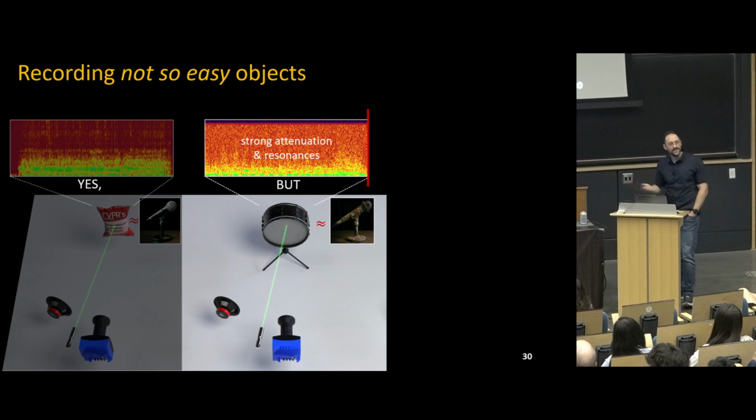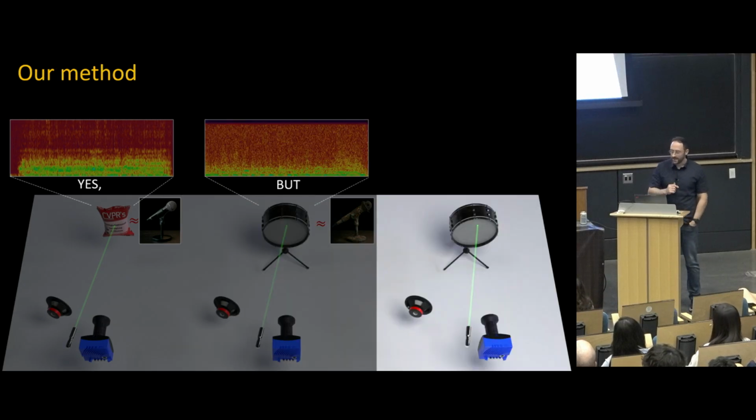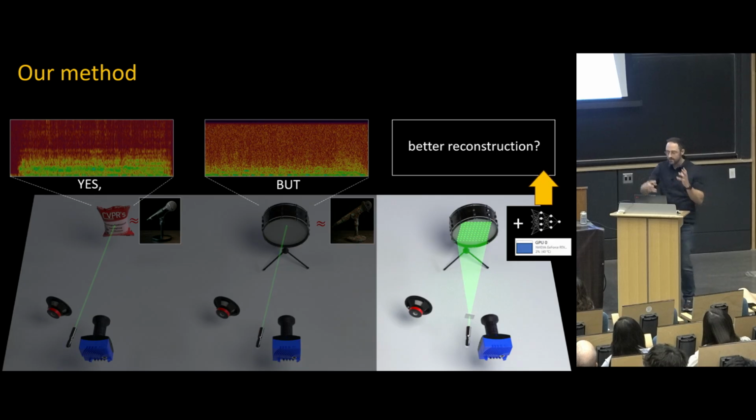So what can we do? Are we destined to look at chip bags for the rest of our lives? The answer is no. Remember that our new camera can actually capture many points on the surface that we are looking at, okay? So can we somehow cleverly fuse this noisy signal from all of these points into one signal that has a significantly higher quality? Can we do that? Of course, I wouldn't be telling you if the answer wasn't yes. So here it is.